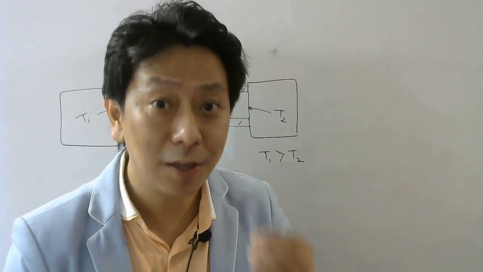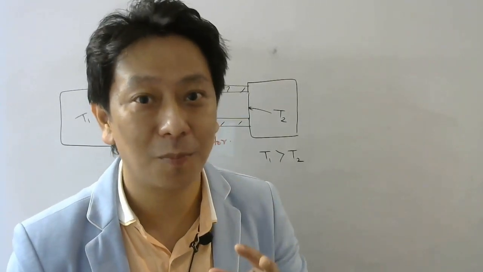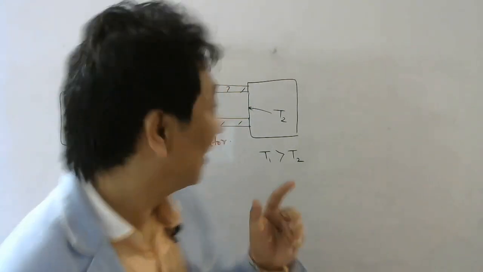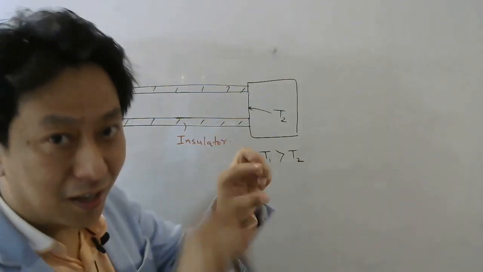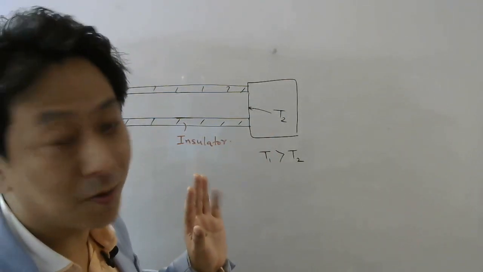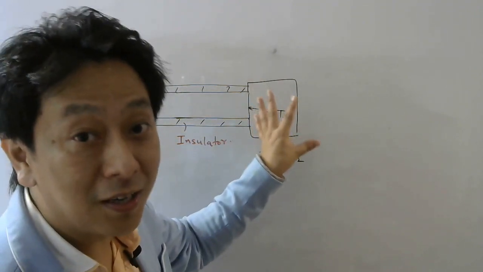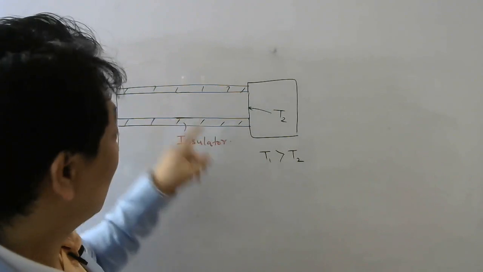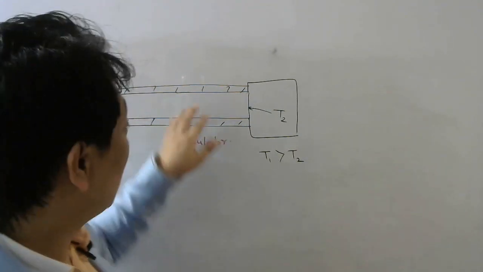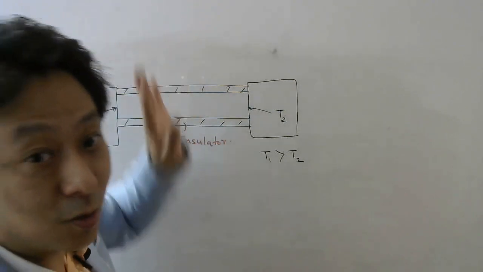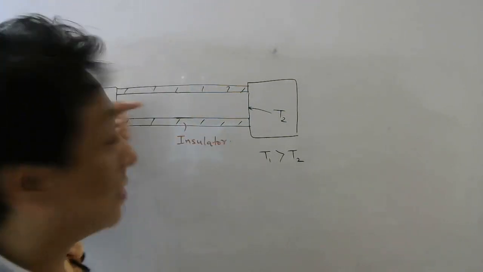Now we will learn a very important concept in this topic, which is called steady state. So what is steady state? Let us say I have a conductor, a rod, whose one end is maintained at temperature T1, other end is maintained at temperature T2. And the surrounding is some insulator is put so that no heat goes from the surface, this side and this side. The only way the heat can go is this side.